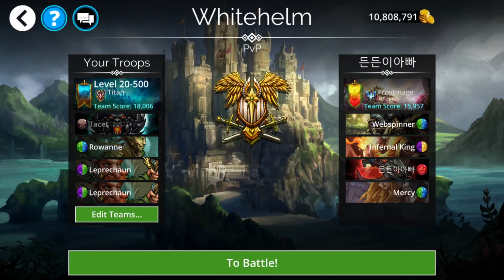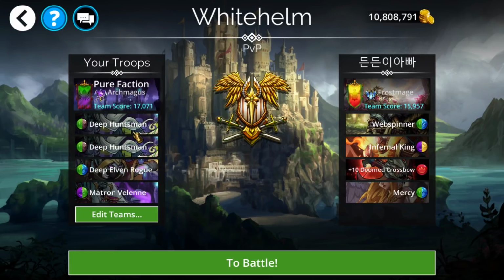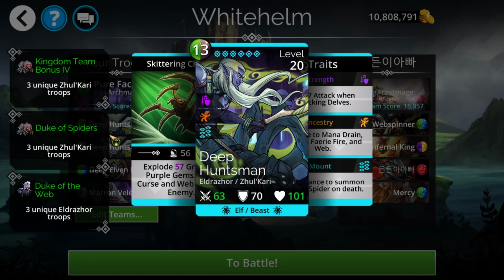a Rowan meta. Obviously, you can't run it with a Mirage Queen, but you can just go into a Scale Shield, kind of just go crazy from there with the Leprechauns and, you know, pretty much be good to go. As far as pure faction, this is actually a weird pure faction in that you actually